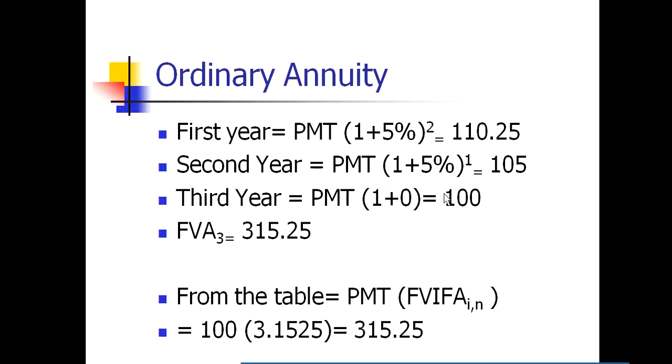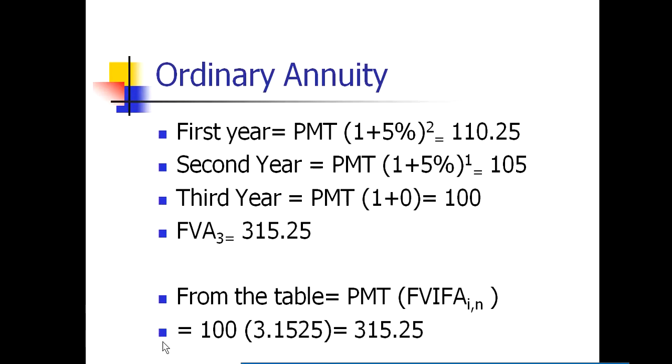So the future value for the ordinary annuity is calculated by adding the first, second and third payments. So the total amount will be